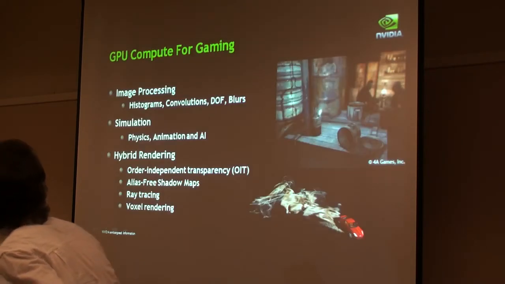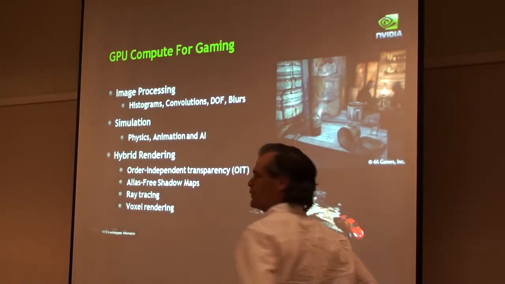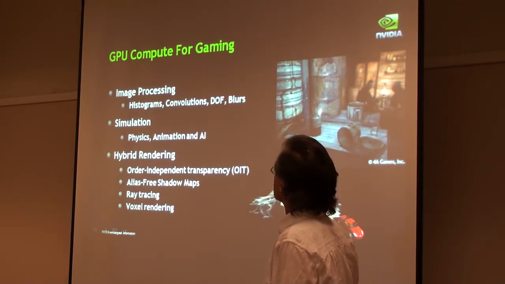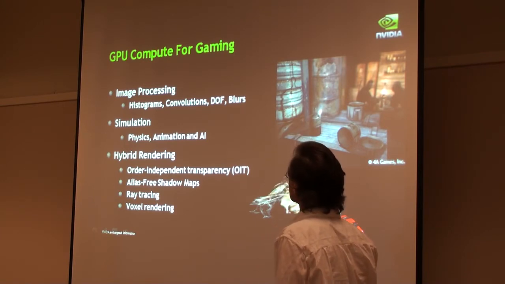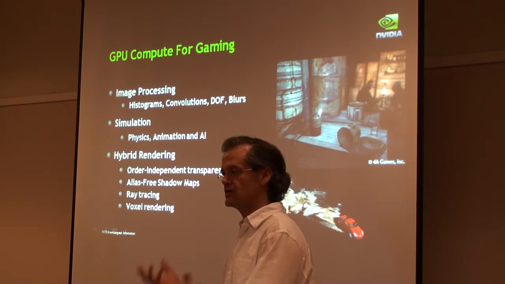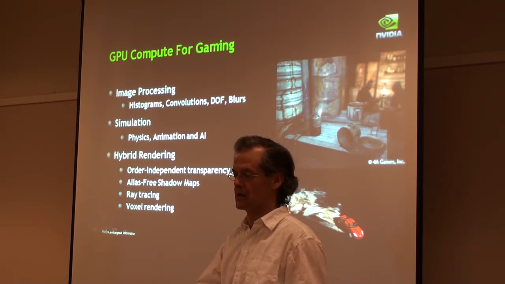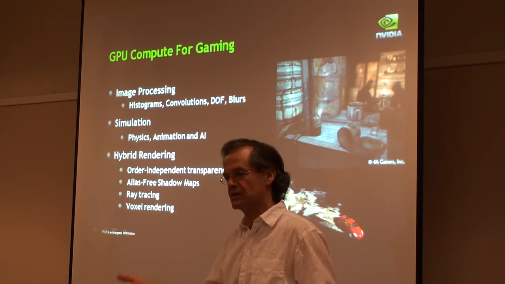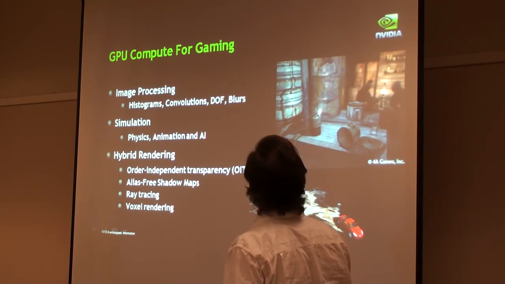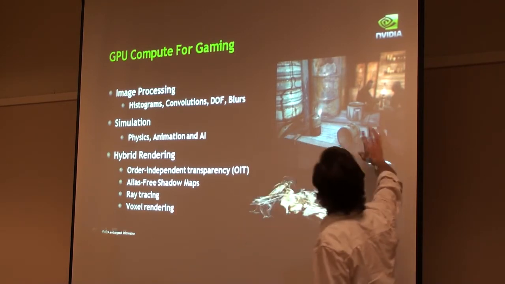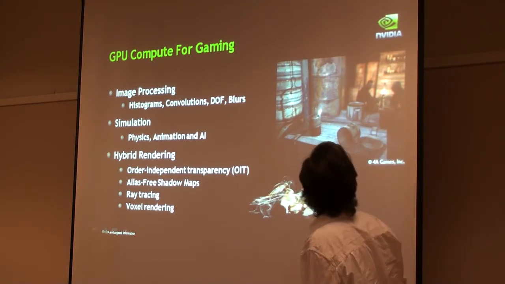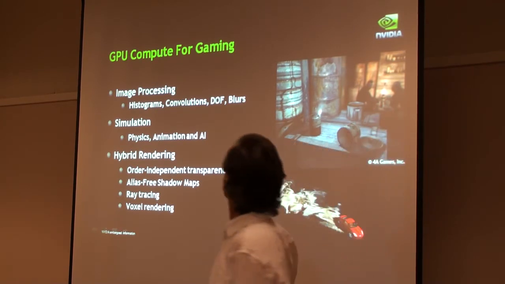So what kinds of things do people use this stuff for? And what's appropriate, what's emerging? There are some obvious things. Histograms show up if you want to do tone mapping. You've done HDR rendering, and you need to map it down for maybe a non-HDR display. HDR displays are starting to show up, but you use them for that. There's convolutions. You have depth of field effects, which is what you see here, where the foreground is in focus, and in the distance things are blurred appropriately with blooms around lights and so forth.